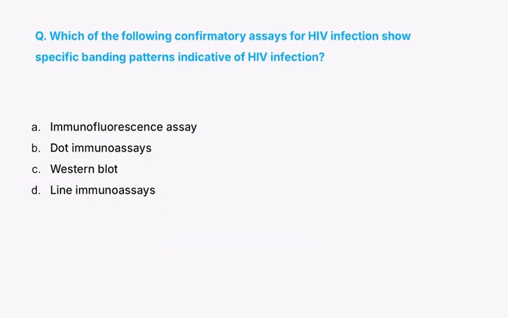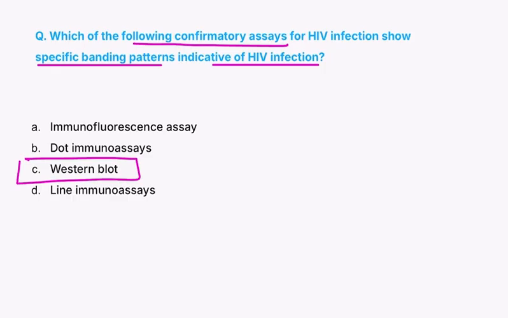Coming to the next question, which of the following confirmatory assays for HIV infection shows a specific banding pattern indicative of HIV infection? So please note that is going to be Western blot. I've told you it was showing those bands. One question that I've not included because it is very obvious. They will always give you the history of a nursing officer or some healthcare professional who has just had a needle prick injury. Following that needle prick injury, what is the